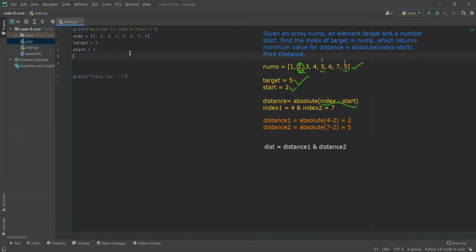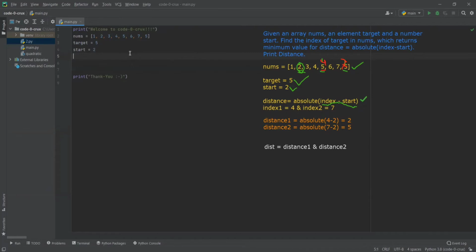Let me explain the problem in some more detail. Distance is the absolute value of index minus start. For the first 5 the index is 4, and for the second 5 the index is 7, because this is how we represent indices in an array.